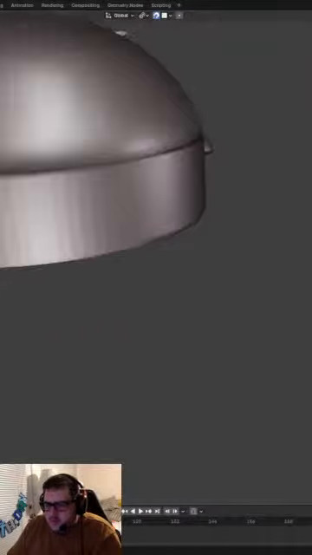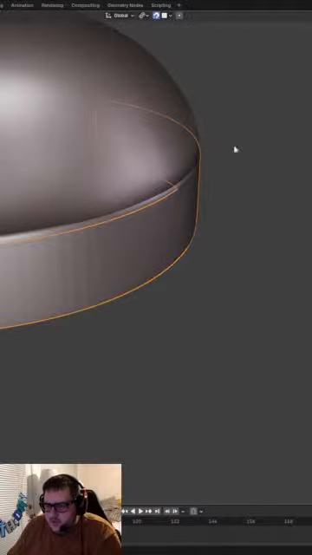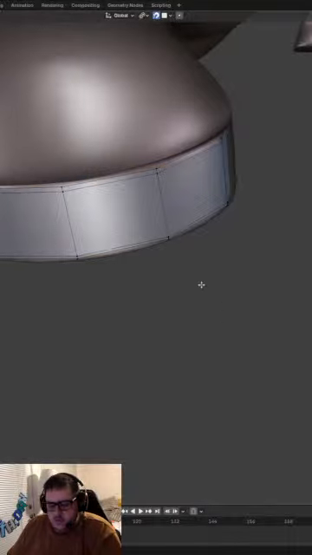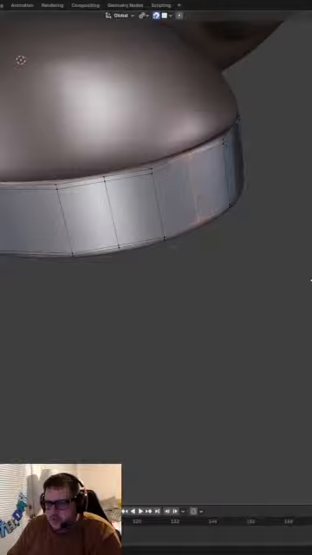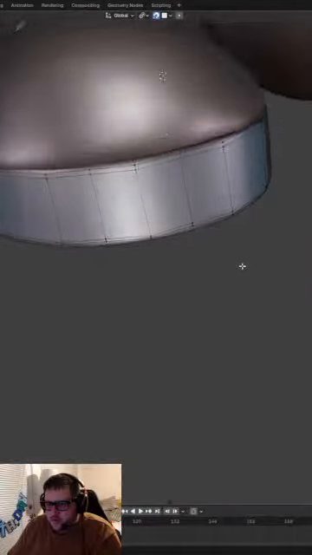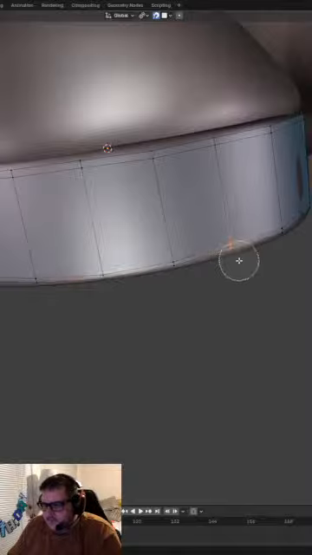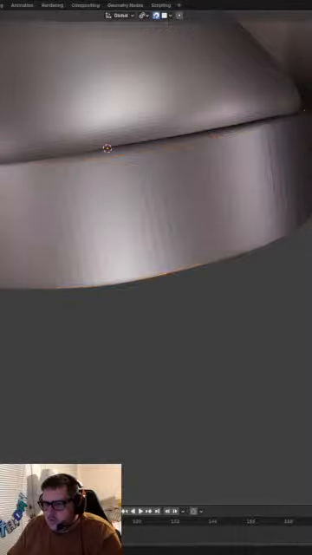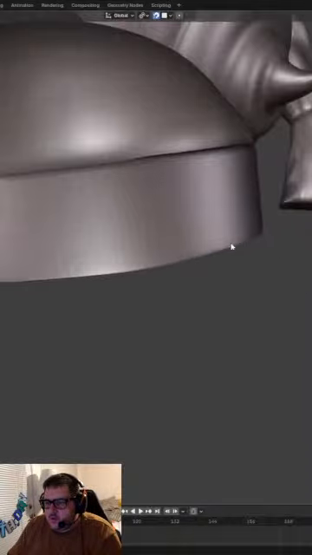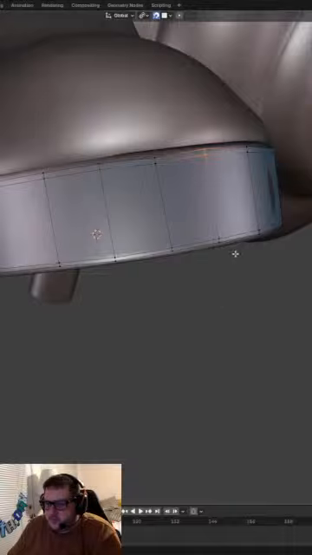Okay. See how it's still going into the, let's see if we can just detail here, yeah, to keep it on that top surface. And you can tell that it's sunken back a little bit. Okay. Yeah, I think that looks a little bit better.